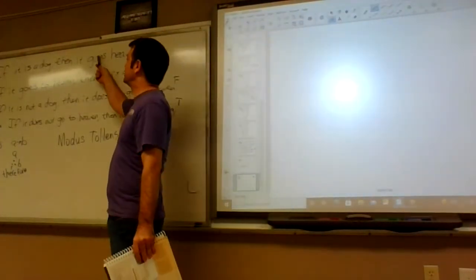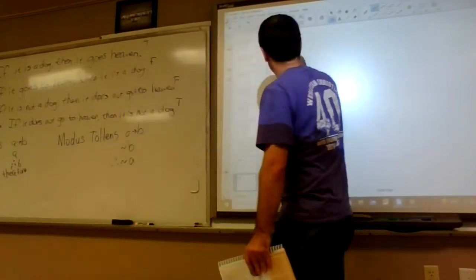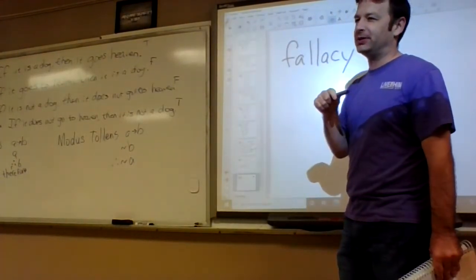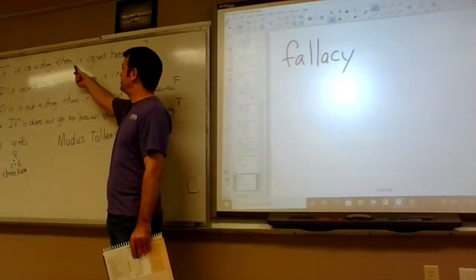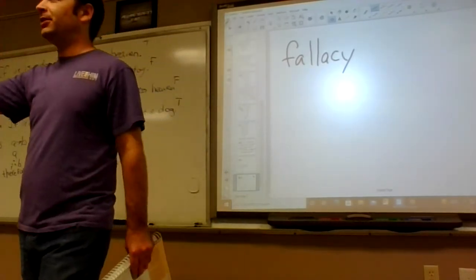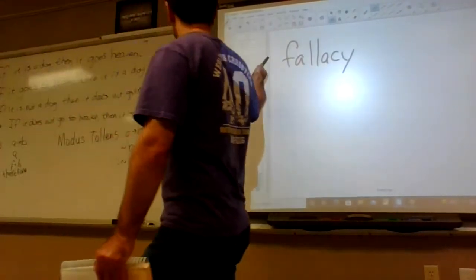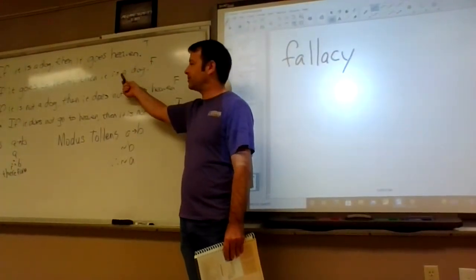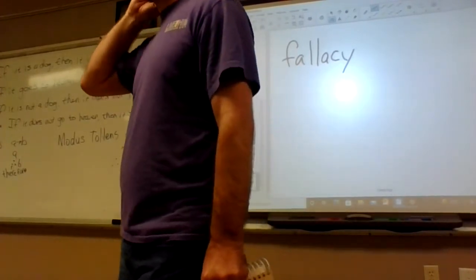There's one more word we want to talk about, and that is fallacy. You've probably heard that before. It's basically a false conclusion, like you're not thinking quite right. So if I said, if it is a dog, then it goes to heaven, and I say, well, if it's in heaven, then it must be a dog, that's not a true statement. That's called a fallacy. Because if the original statement is true, that doesn't mean its converse is true. It could be true, but it's not necessarily true, like the dogs go to heaven thing.